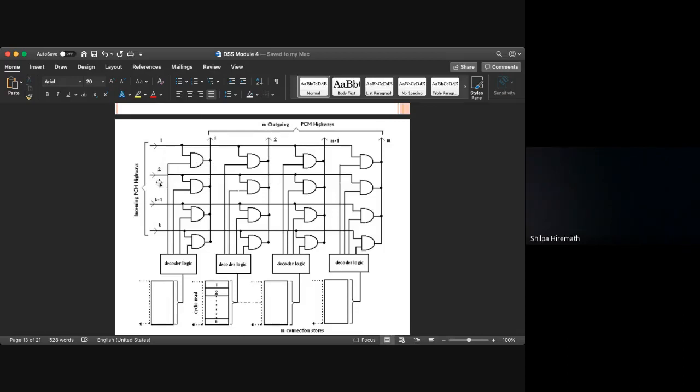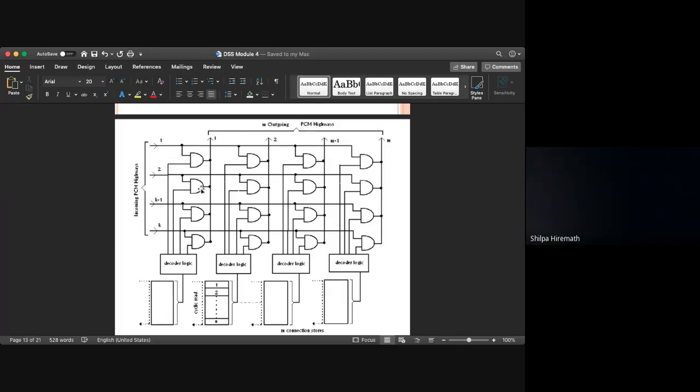For instance, now this terminal is made high. It means that for all the other gates connected to it, one of the inputs is high. But what is happening to the other terminal? It is not made high. Which in turn means that if one is high and the other is low, the output of that particular gate will be 0.